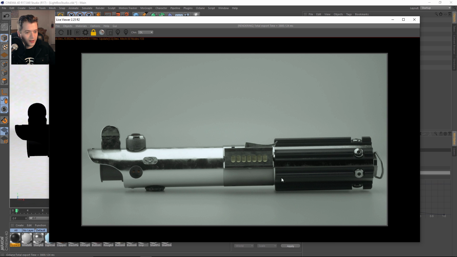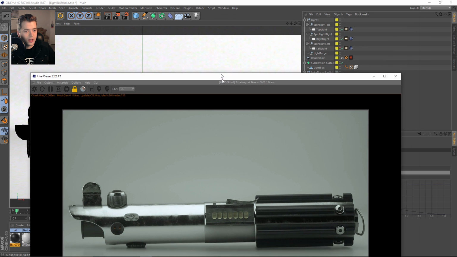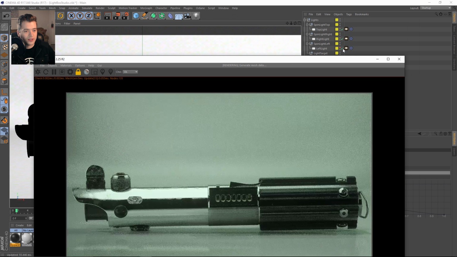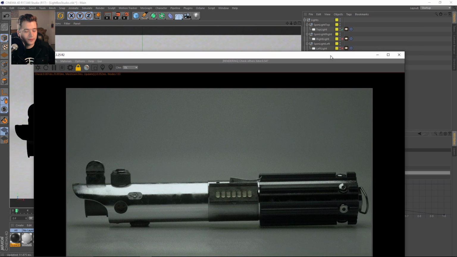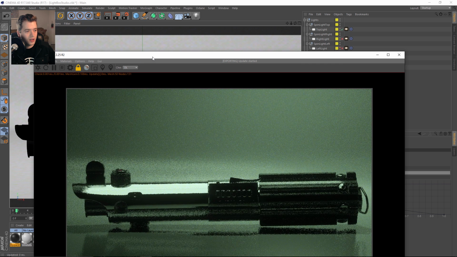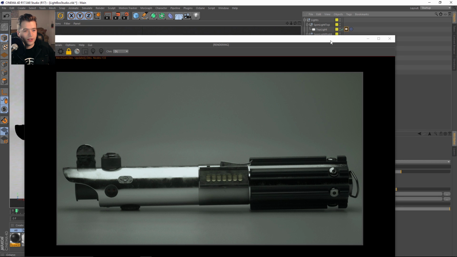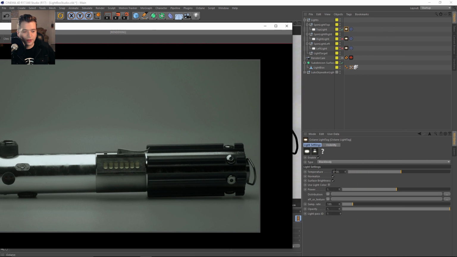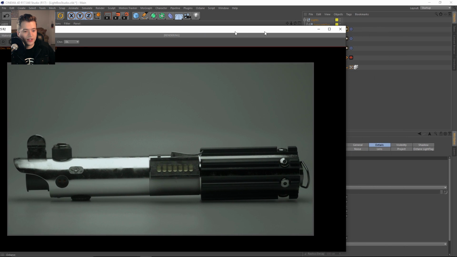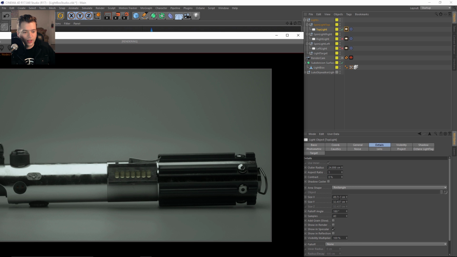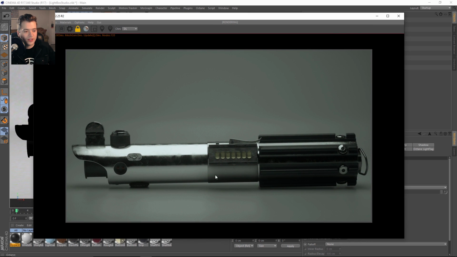So let's go ahead. I'll take the info off, and let's just kind of talk about why this works so well and why it doesn't. So let's break it down from the top light, and just go ahead and we'll send this right back to Octane just to make sure that this is working. Okay, cool. So this top light, if we look at the temperature, it's about 6500 white, and it's just a power of 1. The actual size of the light is about, let's say 40 to 50 centimeters, somewhere around in that area. Basically, this is going to provide a softer kind of overall light because of the size.